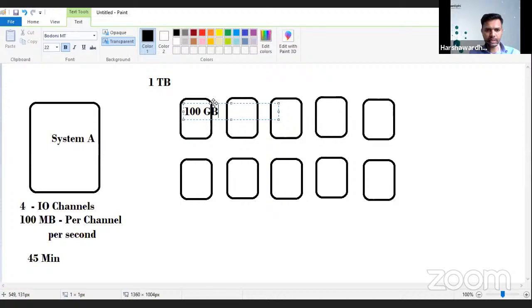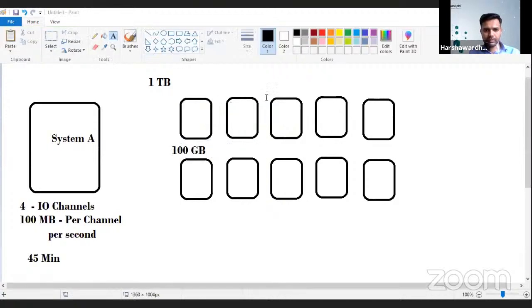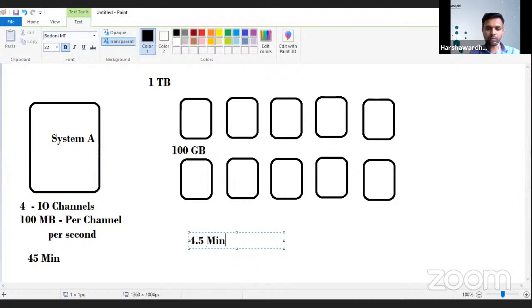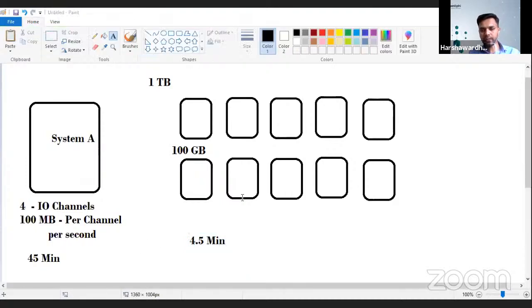Can I have quick confirmation, guys? Let's consider 1 terabyte is equal to 1000 GB. There are 10 machines. We have to distribute the data equally. Do not consider 40 or 24 GB of data. So every machine will have 100 GB of data. Now, every machine has 4 IO channels at 100 megabits per second. This entire cluster will take 10% of the entire time. Earlier it was taking 45 minutes and now it is going to take approximately 5 minutes, somewhere close to that, to read the data. Do your calculations later. Let's proceed further. So this is the power of the distributed system.